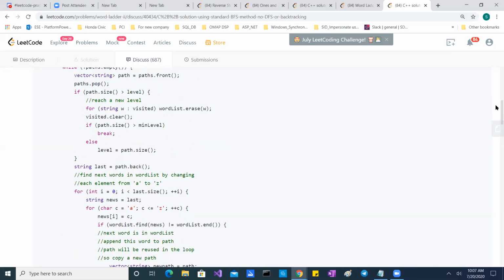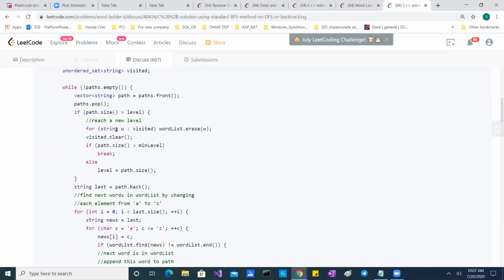And then here, when you come out of this for loop and you have done with one level, I think you come out here, right, where you try to check whether the previous level was something different. Then he checks that if the path size is greater than that level, then he updates everything again. When would the path size be greater than the level? Because I don't see he inserts multiple items to the path.